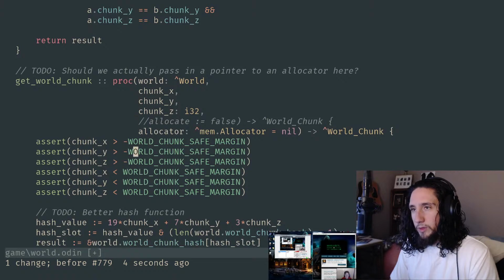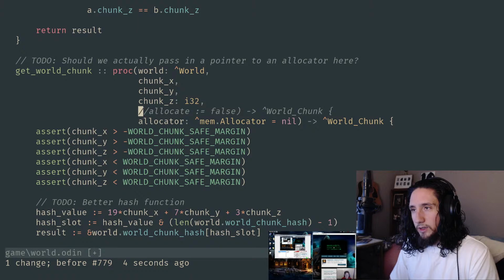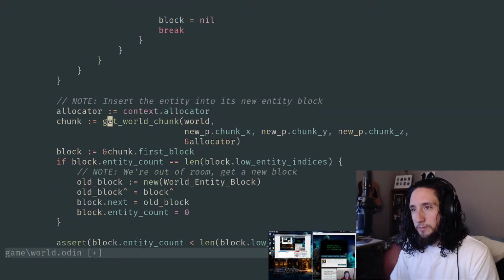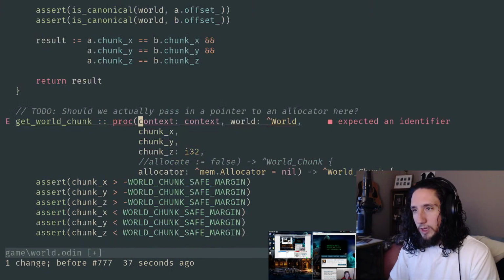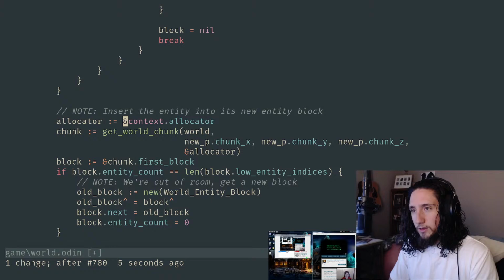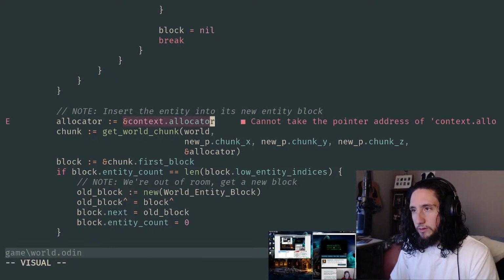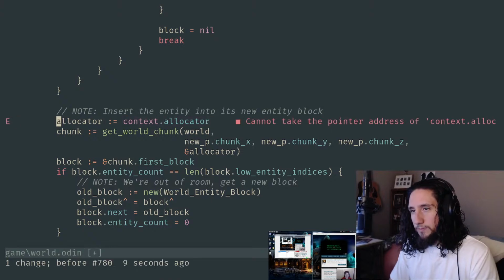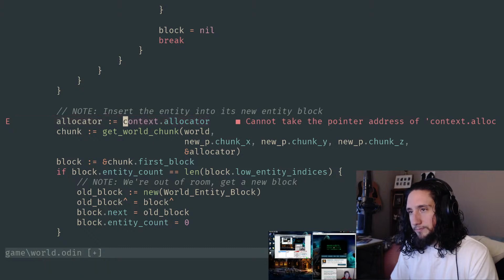It's just a little bit weird in this case because Casey makes it explicit. And so I was like, I don't really like this flag. Should I go ahead and try and actually pass in a pointer to the allocator? I tried just doing it off of the context itself, passing it in by reference like this, but it wouldn't let me do that, because we can't actually take the address of the context allocator, but we can create a new allocator variable.